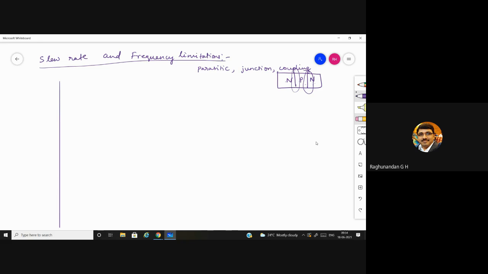When you compare this junction with a normal capacitor, in a normal capacitor we consider two metallic plates, one positive and the other negative. Between these two we have a dielectric medium. So we'll compare the same with the NPN layers. We have a P layer. What kind of layer is the P layer? Is it a positive layer or a negative layer?